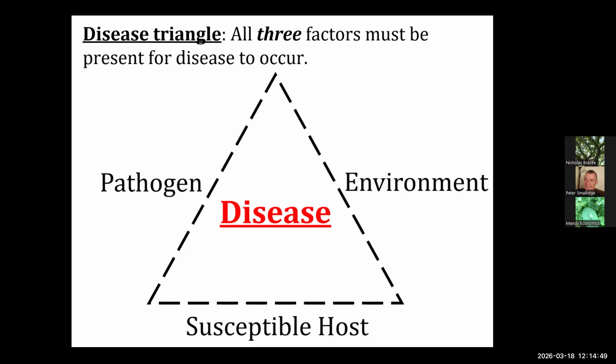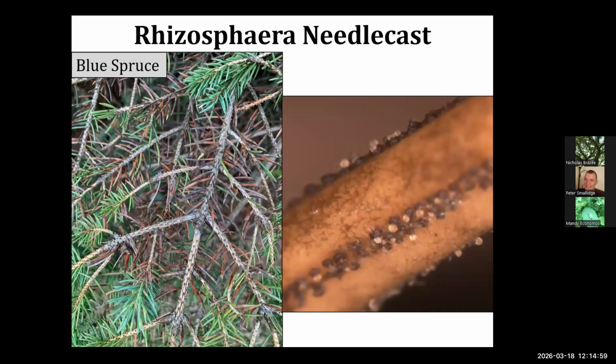And that is about as basic as it gets for plant pathology. Now, it gets interesting when we look at specific examples of how this develops. So Rhizosphaera needlecast is a disease that I deal with frequently here in the diagnostic lab. It attacks a wide array of conifers, but it's most important on blue spruce, which we know is not native here in the Northeast. So the symptoms of Rhizosphaera needlecast: on the left, the purpling, browning of older needles as